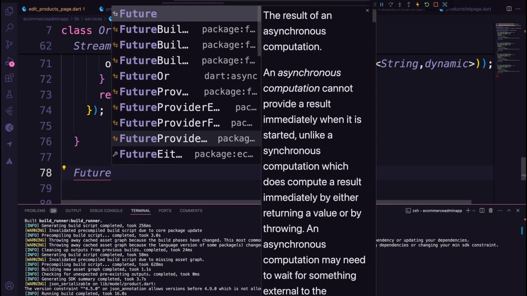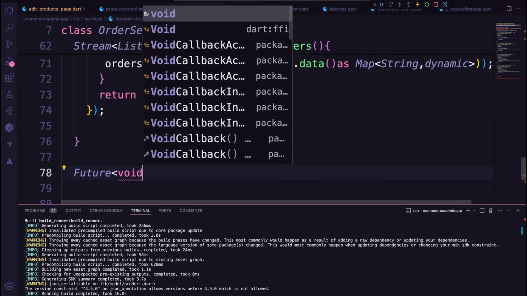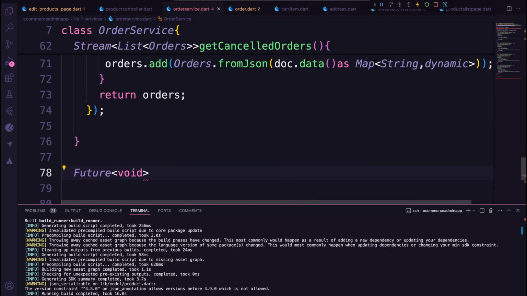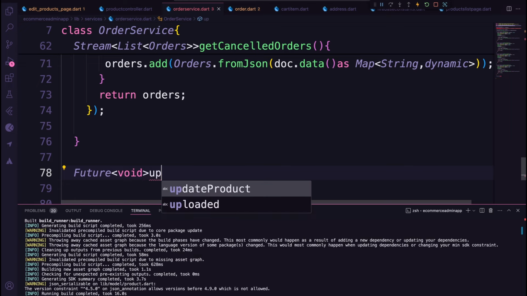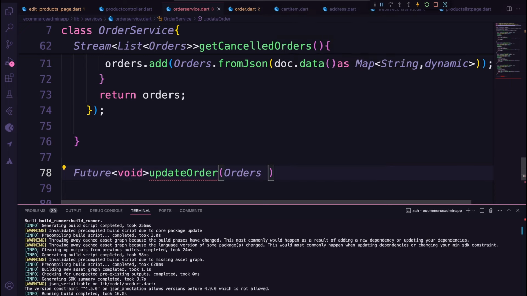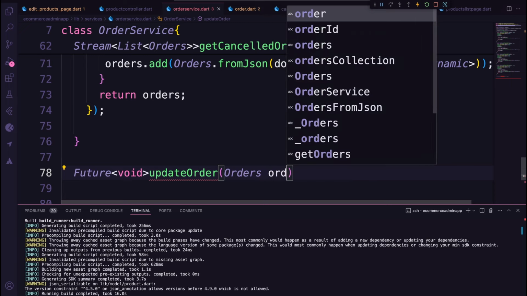So now another method that I'm going to do is I'm going to create a method for updating our orders. So this method will allow us to cancel, accept, and even deliver orders, right? So it's going to be update order, like these orders, which is order,